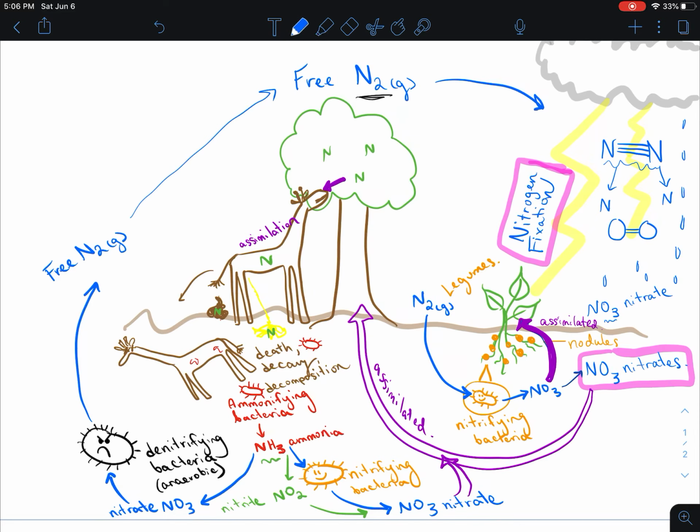You do need to know a little bit about the ammonifying bacteria, ammonia, all this stage here. But the bigger thing you need to know is how this whole thing turns back into a cycle, and so that those denitrifying bacteria,